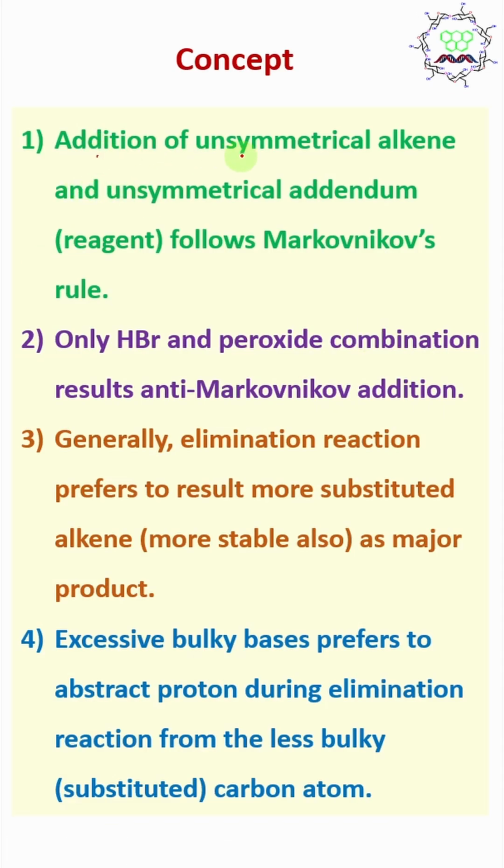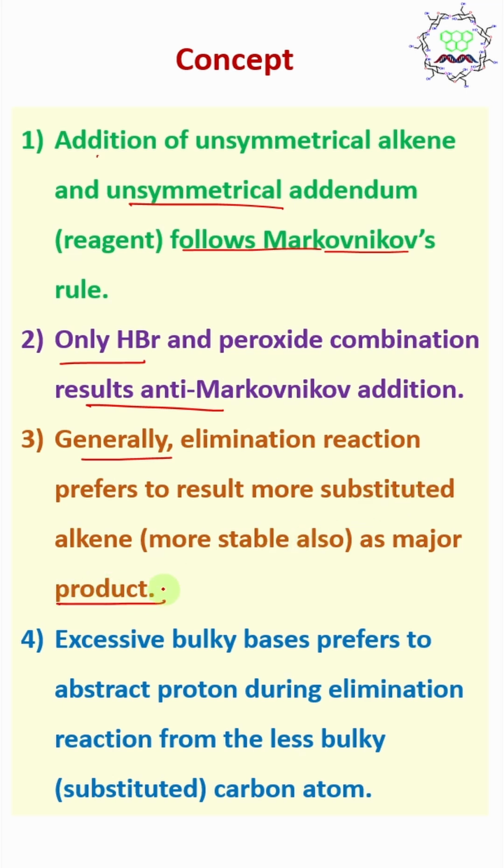Addition reaction on an unsymmetrical alkene with an unsymmetrical addendum follows Markovnikov's rule. The negative part of the addendum will attach to that carbon which is poorer in hydrogen, or has fewer hydrogens. That is the actual rule. And if you look at only HBr and peroxide combination, it can result in anti-Markovnikov addition, I mean the opposite of Markovnikov. And generally, if you want to do an elimination reaction,